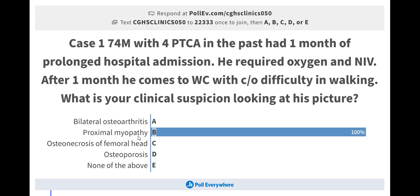So we'll wait for another 10 seconds. So most of the doctors so far are giving B, proximal myopathy, as one of the options, but others are not selecting. Osteoporosis, bilateral osteoarthritis, osteonecrosis of the femoral head. He is not able to walk. So